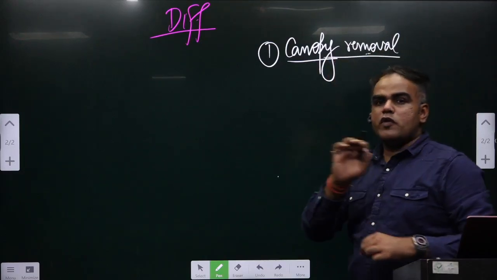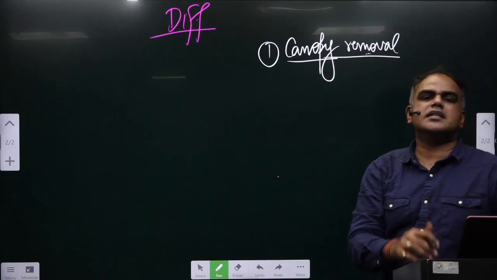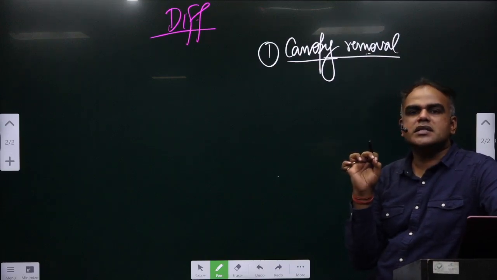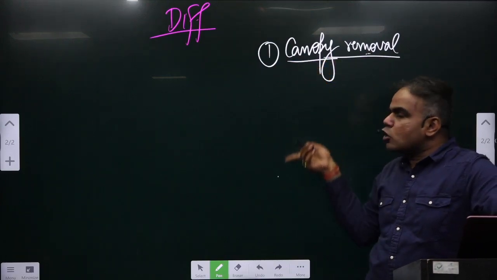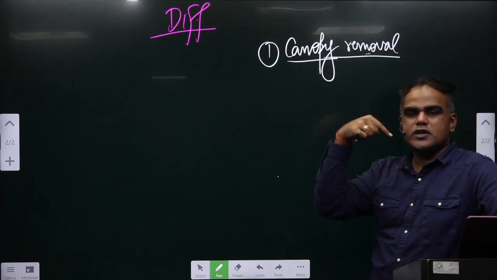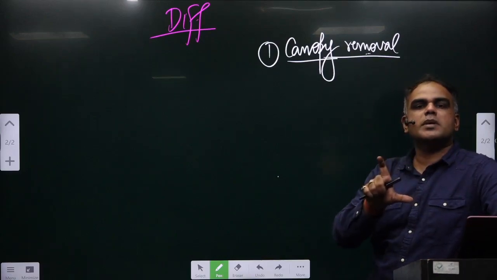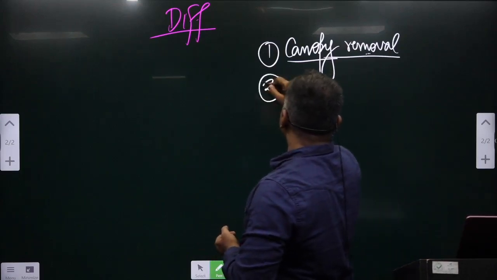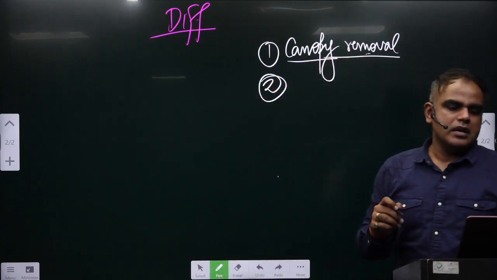Canopy removal will be all at once in clear felling systems, whereas in shelter wood systems it will be gradual. I'll write down all the points, you should also write them down with me, and after the lecture try to see what the answer should be for clear felling systems and what it should be for shelter wood. Canopy removal is one. Second is